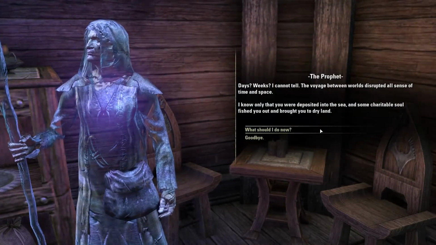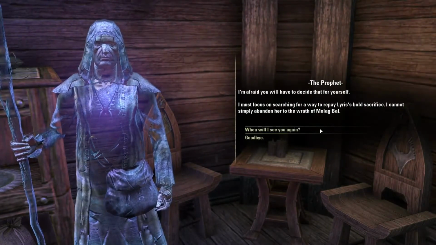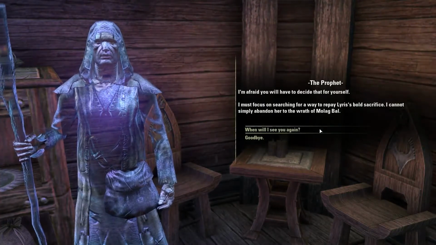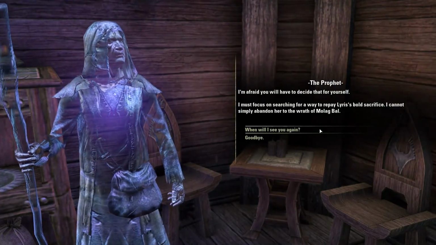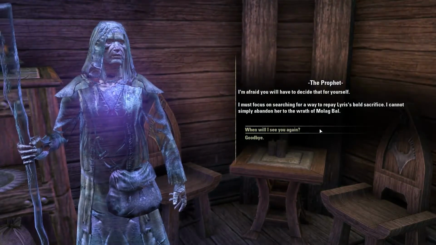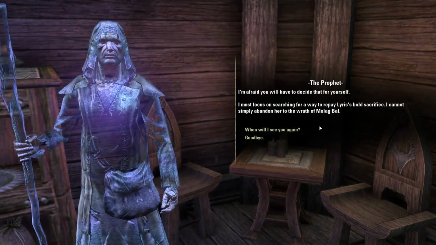Alright, so you're in a completely different place than me. What should I do for the time being? Your journey must continue without me. Venture outside, explore this new place and learn what you can. Expose the agents of Molag Bal, wherever you find them, for their means are perfidious, and their scheming...